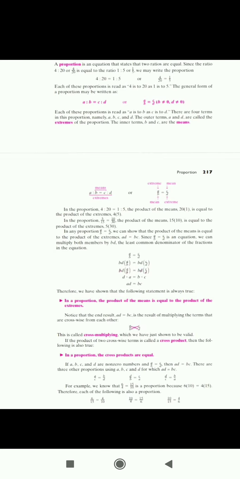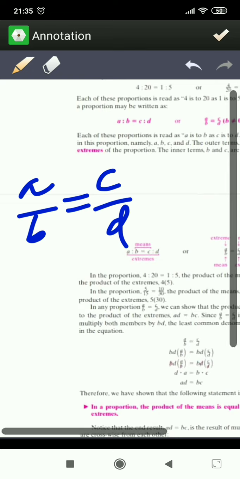And the proportion's main condition is product of means equal to product of extremes. Let A by B be a ratio. Suppose we take A by B equal to C by D, two ratios that are equal. How to prove the converse statement is true? The question is, if two ratios are in proportion, or equivalent, or equal, then why is the product of means equal to product of extremes?